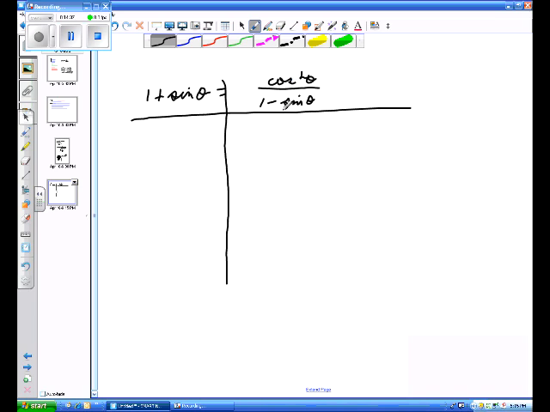And we've got a cosine squared and a 1 minus sine squared. Now our Pythagorean identities were always the squared ones. So we just talked about this. We could write cosine squared as 1 minus sine squared theta over 1 minus